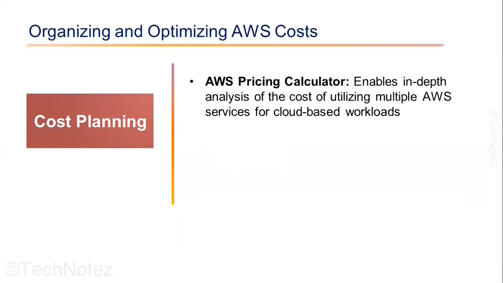AWS Pricing Calculator. Pricing Calculator is a tool that allows you to estimate the cost of running the various AWS services. You can use the calculator to estimate the cost for a variety of scenarios, such as running a specific number of EC2 instances for a certain period of time, storing a certain amount of data in S3, or delivering a certain amount of data through CloudFront. The calculator allows you to compare the cost for different types of instances, storage options, and other service configurations, such as different regions and data transfer options.